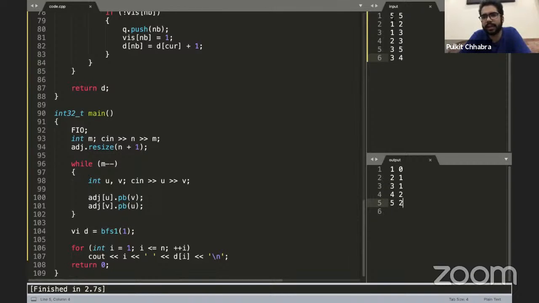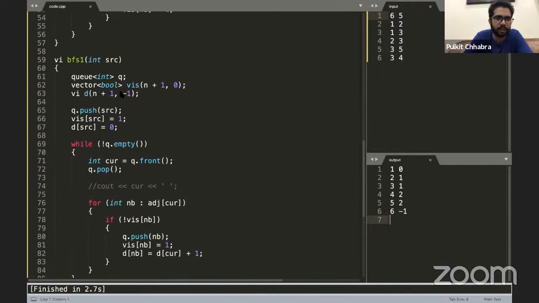right? So also let's say we had another node. Let's say the number of nodes were actually 6 instead of 5. So now let me again run it. Yeah, so now you see that the distance of 6 is -1. So what I'm trying to say here is I initialize the distance array with -1. So it is possible that a node is not reachable from 1, right? Since there is no edge from the node 6. So node 6 is a different connected component of its own, and we cannot visit 6 from 1. So the distance will remain -1 for all those nodes which cannot be visited from the source node, or whatever default value you used to initialize your distance, right?